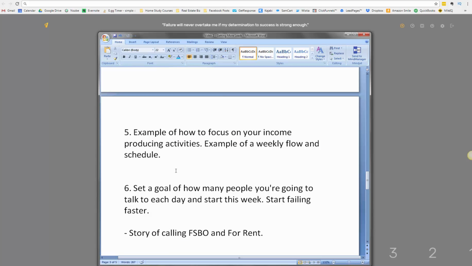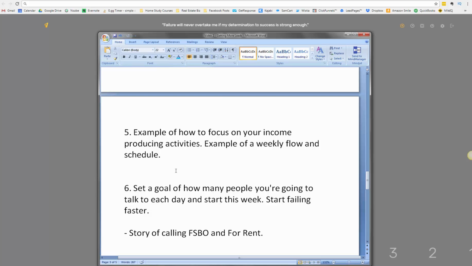And then I want you to set a goal of how many people you're going to talk to each day. And I want you to start this week. I want you to start failing faster, because that's where the wisdom piece kicks in. We have to be very, very productive, proactive, effective. And then we gain wisdom when we fail, because we're not going to forget when we look foolish, but we're